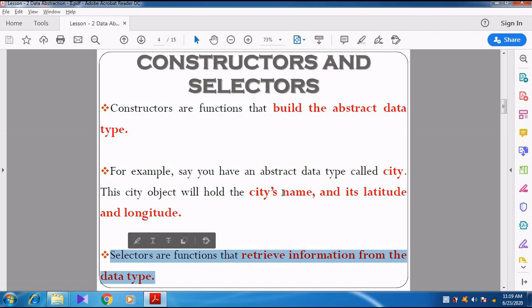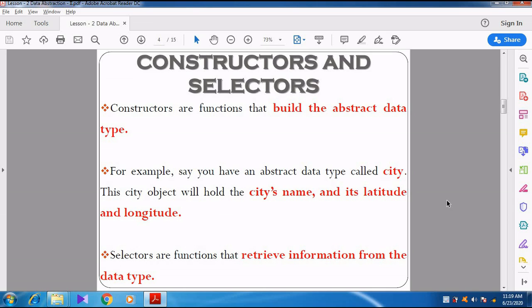Right, now we can see a detailed explanation about constructor and selector. I think you might have understood this slide, students. Again I repeat, constructors are the functions that are used to build the abstract data type.